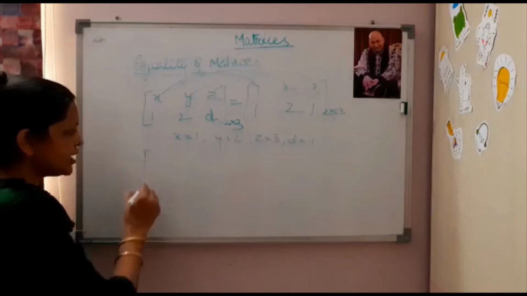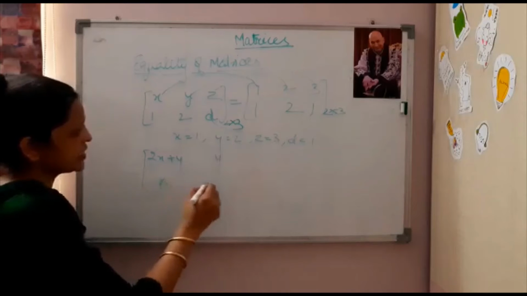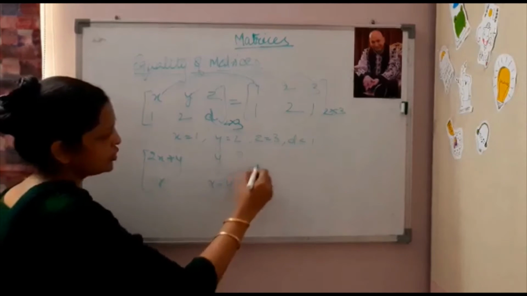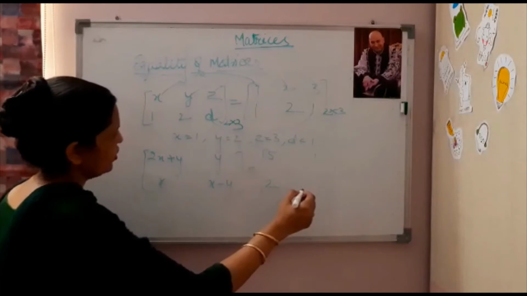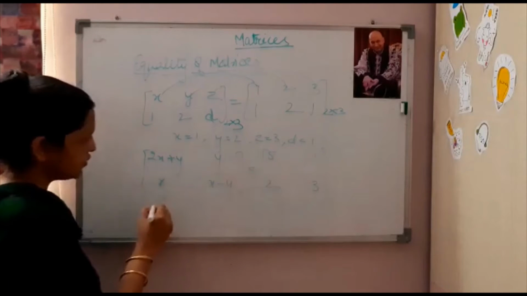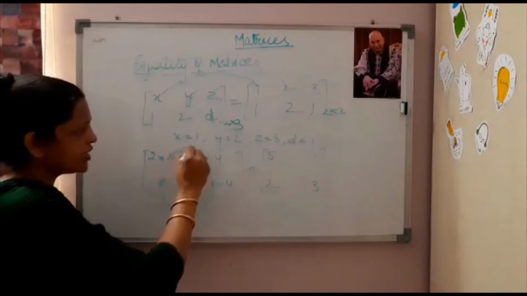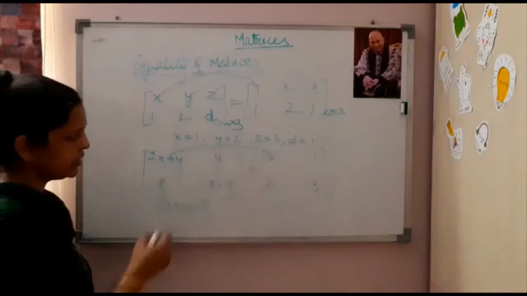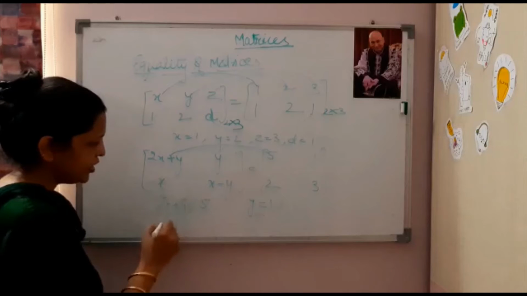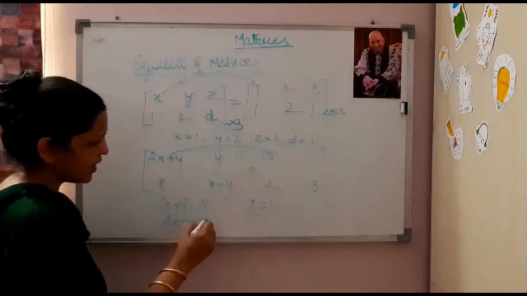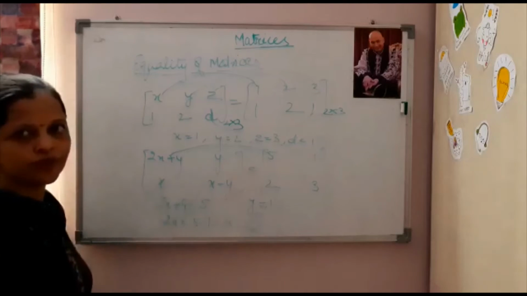Suppose I am giving you another example, say 2x plus y, here y, here only x, here x minus y is equal to say 5, 1, 2 or say somewhat like 3. So in this case you will equate 2x plus y is equal to 5. This is one of the equations, as we are equating the corresponding element. First element with the first, right? And the second element equated with this, so the value of y came 1. If you put the value of y as 1 here, you will get 2x is equal to 5 minus 1, that is equal to 4. By that you will get the value of x equal to 2. Is it clear? Okay.